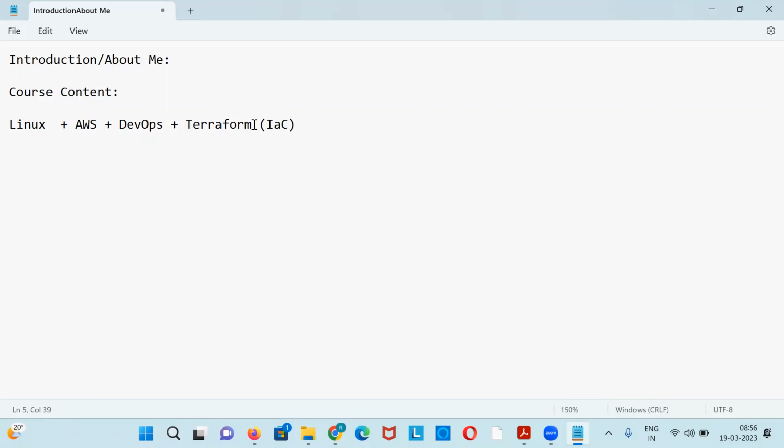With one code, if you write 10 servers, for example, just one click and in the background it will provision. The 2 minutes it will take is the same even for 20 servers. That is automation, using Terraform. Using Terraform, we are automating our infrastructure. So without connecting to the AWS console, we are writing code, executing it, and creating infrastructure in AWS.